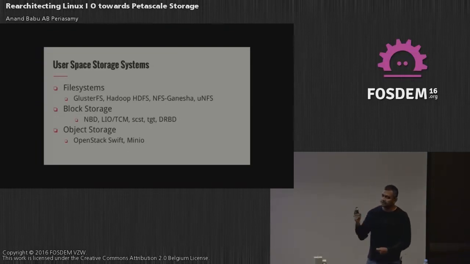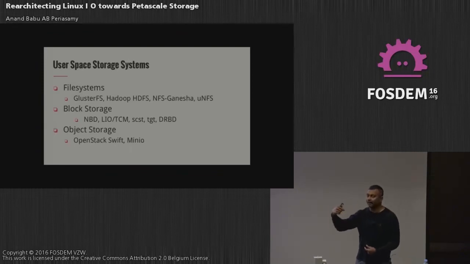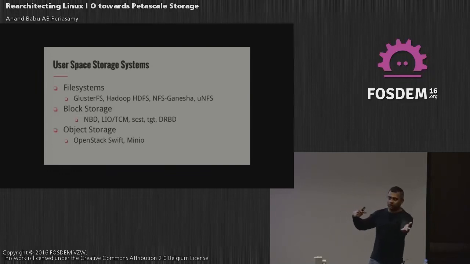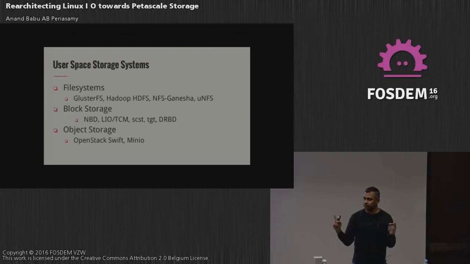In LIO TCM, it now has an interface to bind a file system or a block driver. There is even a driver for Ceph and Gluster. You can now implement storage backends that appear as iSCSI, where to the client machines, the iSCSI server is in the client. Now, DRBD is actually another popular project, and it only works across 2 nodes, but for the most part, that is all you need.